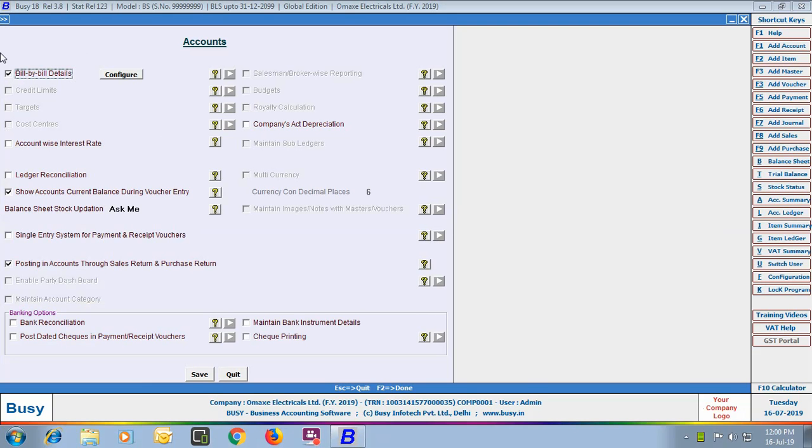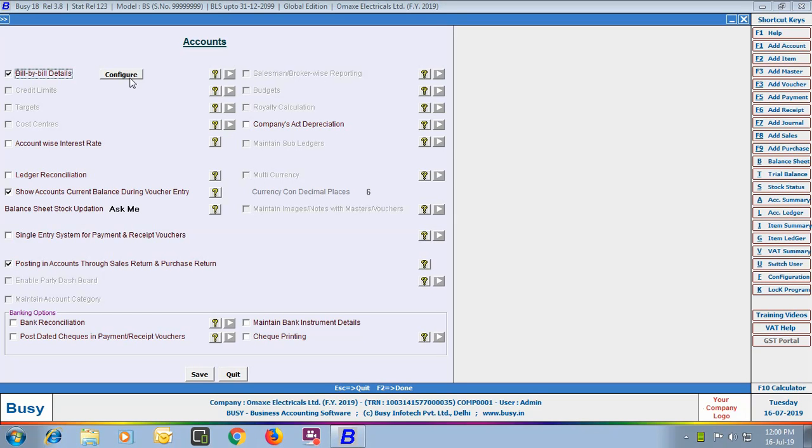Using the bill by bill details feature, you can create or maintain references for a transaction. It's just like you are recording an entry in a diary, that is, you are writing down an entry or a transaction for future use or for remembering it, for reconciling it. Using this feature, you can create reference for the amount. For example, you have made a sale transaction of rupees 1 lakh and you can have the option to divide that 1 lakh rupees into various references and write down the due date on which the amount will be received. Once the amount is received, then you can adjust it against the receipt voucher.